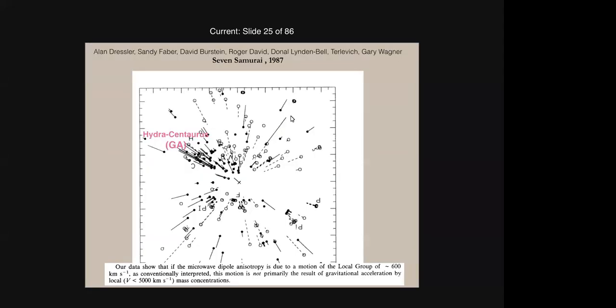But this didn't last long. This lasted maybe for 3 years. And then there was this other work, that people came with 3 years later, that became known as the work of the Seven Samurai. They actually showed that if you take the Virgo and Great Attractor and look at their velocity field, you see that it cannot explain the CMB dipole. You have to go even further away, because the Great Attractor is around 42, 45 megaparsec. So they are saying that you have to go beyond 50 megaparsec. So it's been a subject of dispute: how far do I have to go to explain the CMB dipole?